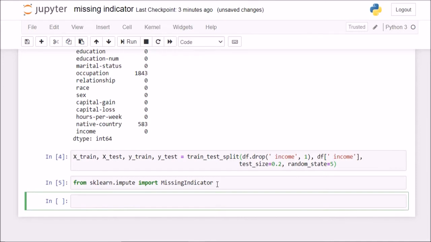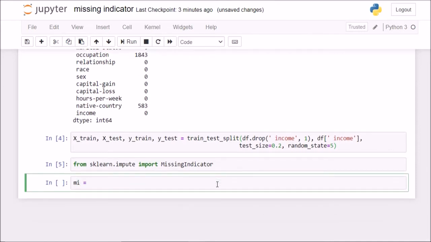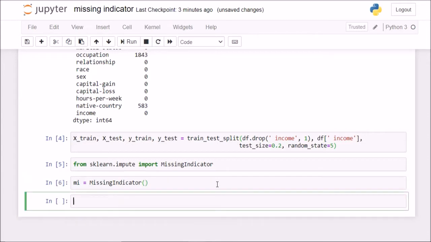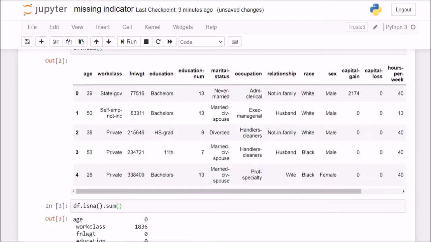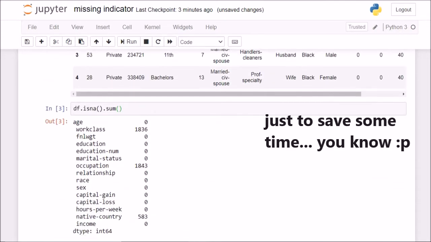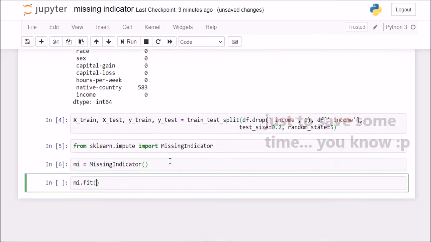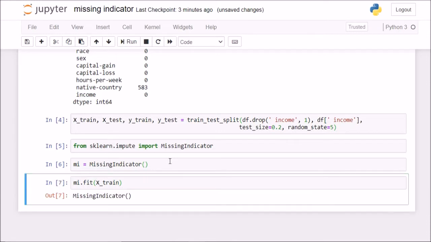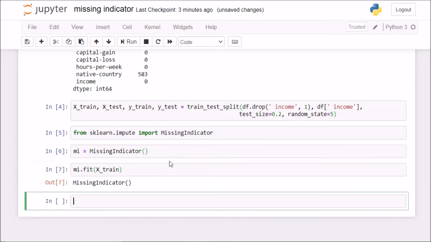Once I've imported this, I'll create a missing indicator object. I didn't go through all of the previous steps because I have covered them in the previous tutorials. Now if I say mi.fit on X_train, only on the training set, then I have successfully fitted my data frame onto this mi object.